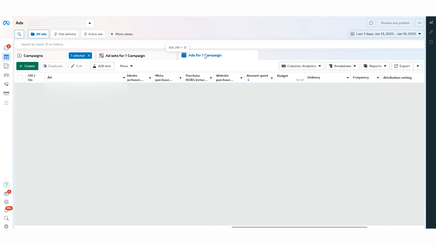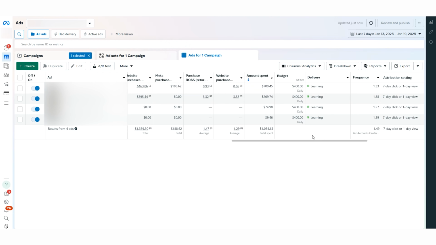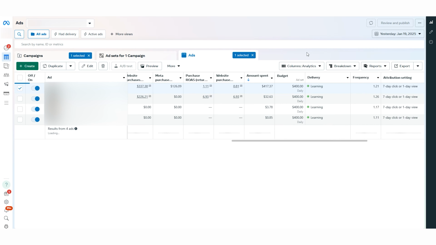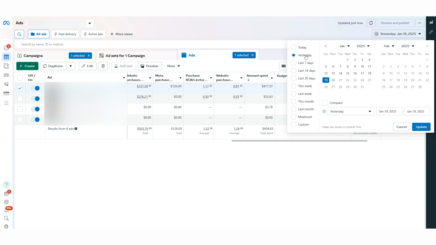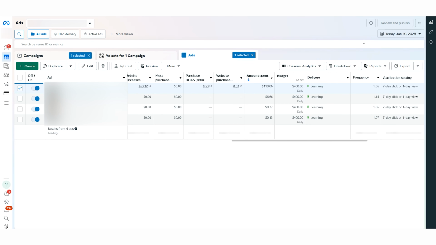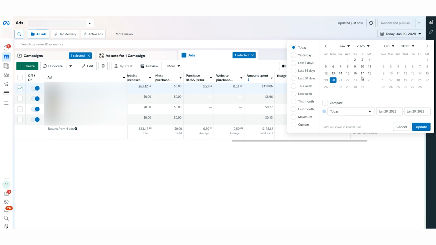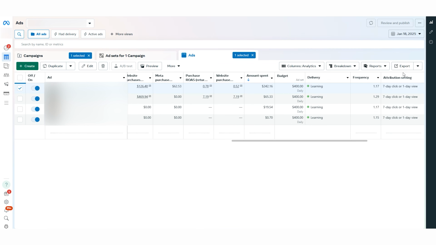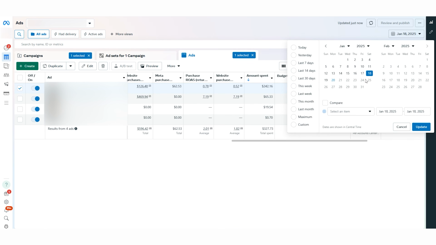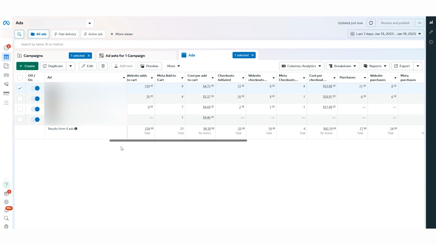Okay, so let's see this one, which is new. Okay, very interesting. So let's see what we have here. Yesterday we have this. Today we have this. So this ad is actually suffocating the whole campaign. Okay, so that's the point where we take our decision. If we check the last 7 days, we can see that it has